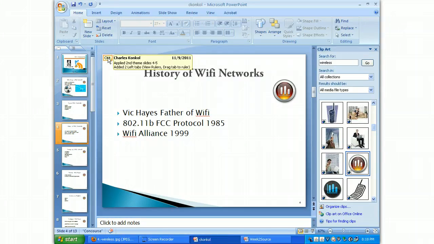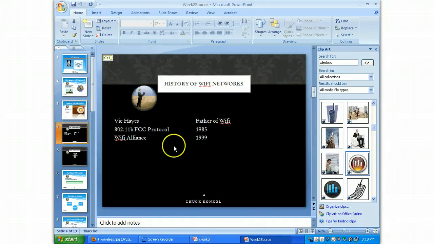Slide 4, add second theme to slides 4 and 5. Add 2 left tab rulers and drag the tab to the ruler. So let me show you what it looks like on mine. Okay? Notice slide 4 and 5 is a different theme, number 1. Number 2,